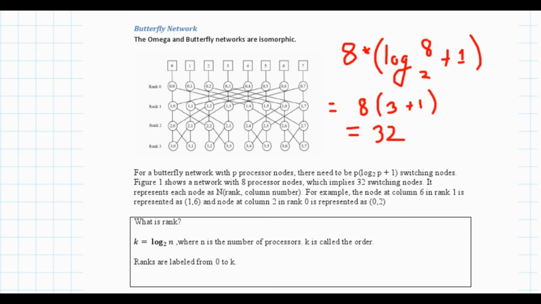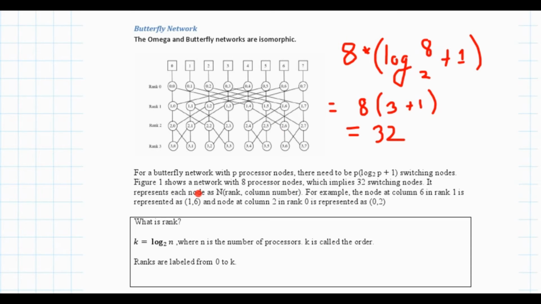On the row side you have 1, 2, 3, 4 rows, and on the column side you have 1, 2, 3, 4, 5, 6, 7, 8. 4 rows and 8 columns of switches. In total, 32 switches are there in this butterfly network. Now, you see figure 1 shows a network with 8 processor nodes, which implies 32 switching nodes will be there. Now, it represents